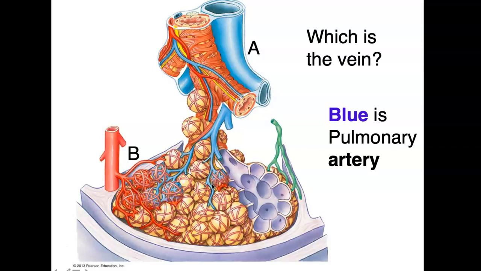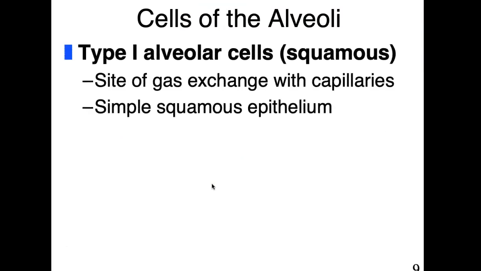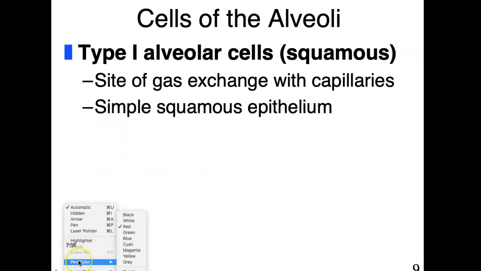Okay, so think of these little grape clusters as totally covered by capillary beds. So the cells that are going to line that alveolus is going to be simple squamous epithelium. It needs to be simple. We want it to be simple. And that's because